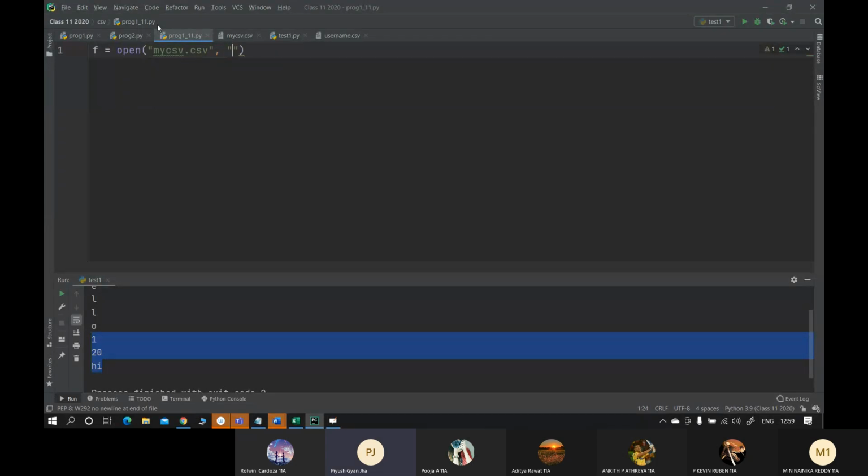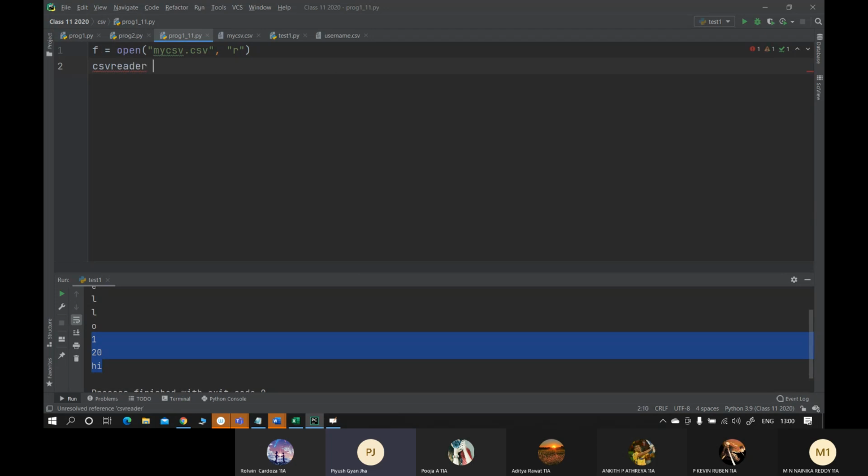That will be opened just like normal text files in read mode. Once I have opened that normal file and brought it into a memory location in my computer, a copy of this file, into memory location, that is RAM, and labeled it as F, I'll convert this normal text file into CSV version of it. Okay, so how? And we'll store it in another memory location known as CSV reader.